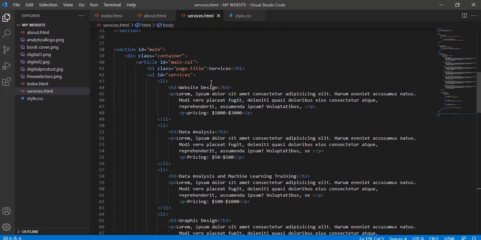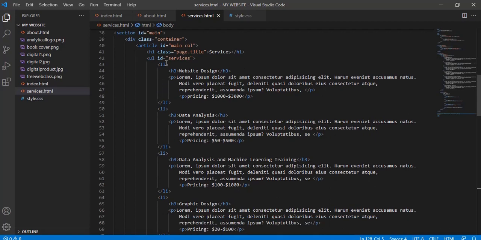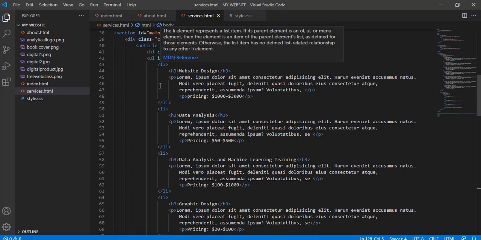So that is what I want you to notice. Then we have an unordered list with id of services. As usual, you must have list items under your unordered list. The first list item is this: